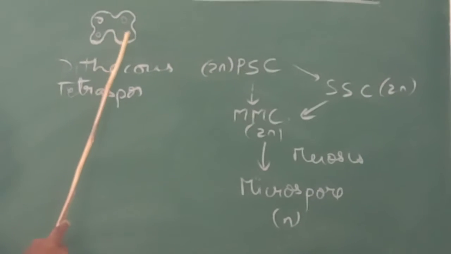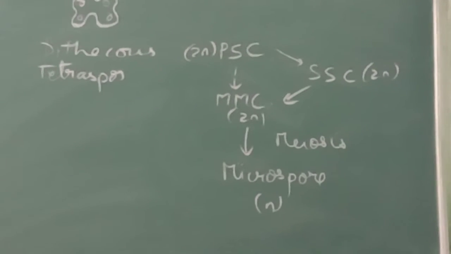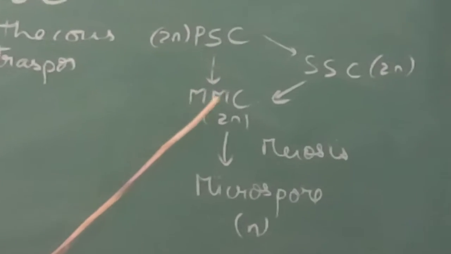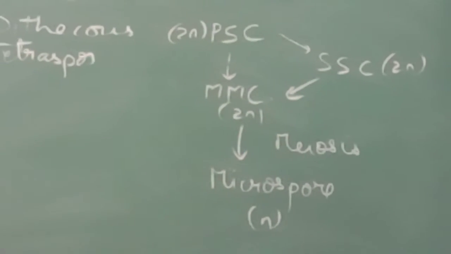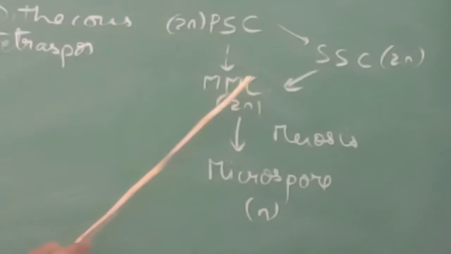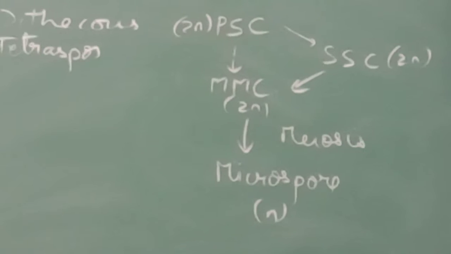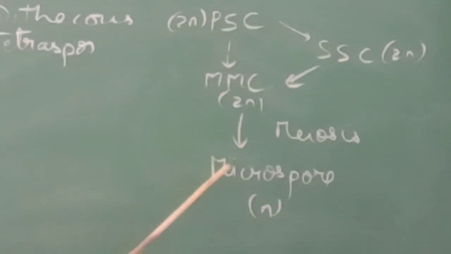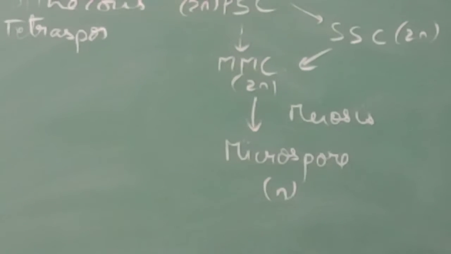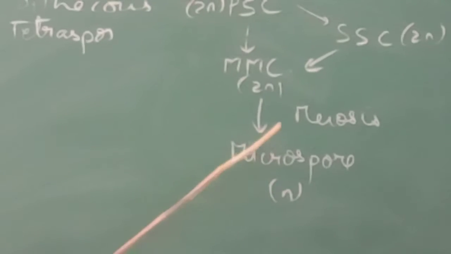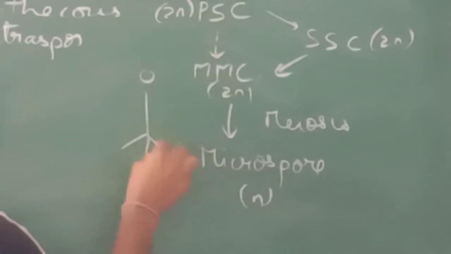Now the tissue inside is known as primary sporogenous cells. This tissue may differentiate into microspore mother cells, or it may develop into secondary sporogenous cells, which then differentiate into microspore mother cells. The microspore mother cells divide by meiosis and make haploid microspores or pollen grains. They are formed after this process, in which from a single cell 4 cells are produced.